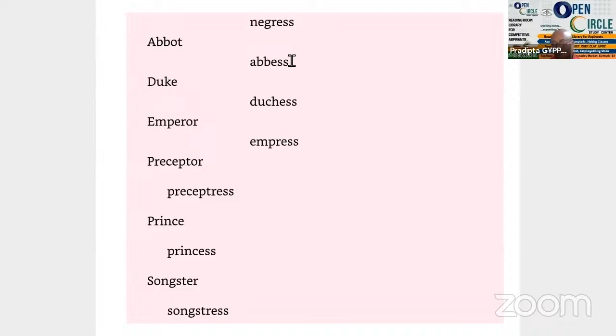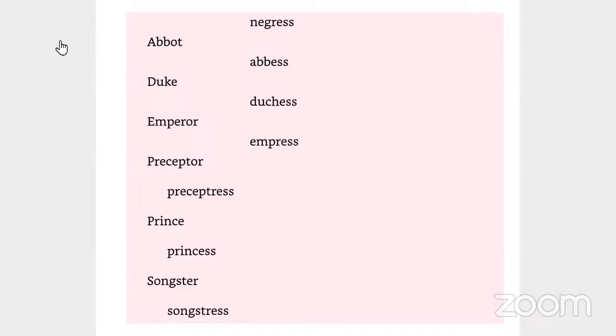What do you mean by preceptor? Any idea? No idea. No problem. It's okay not to know, because if you don't know anything, you will try to learn. The word precept, P-R-E-C-E-P-T, gets converted into preceptor. A precept means a general rule, but a preceptor means somebody who teaches a general rule. So preceptor means a teacher.